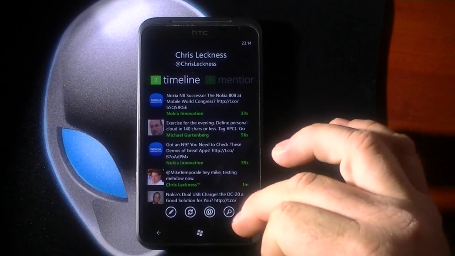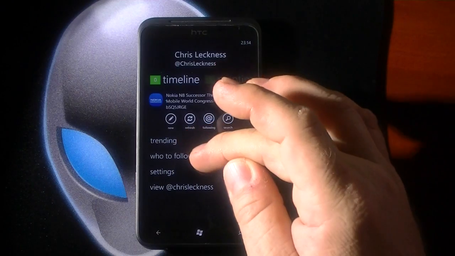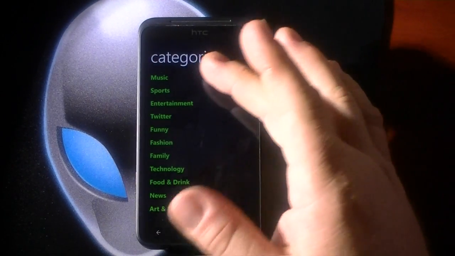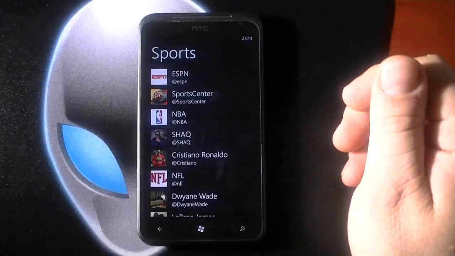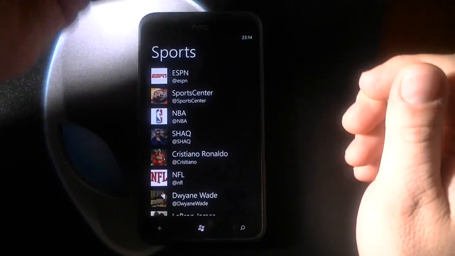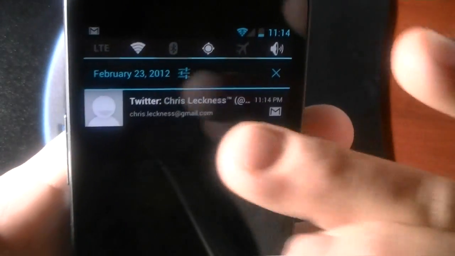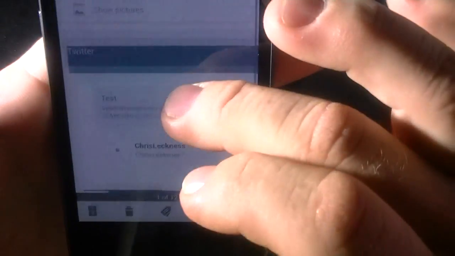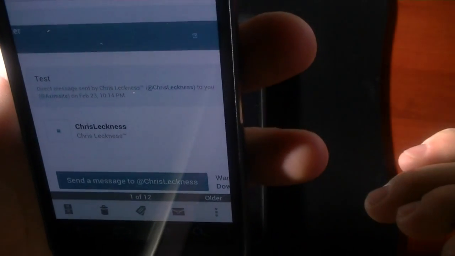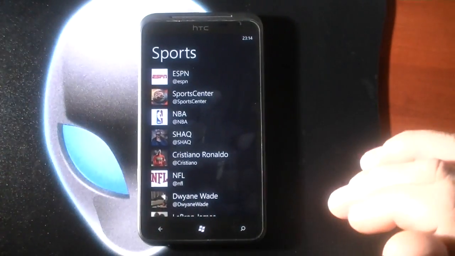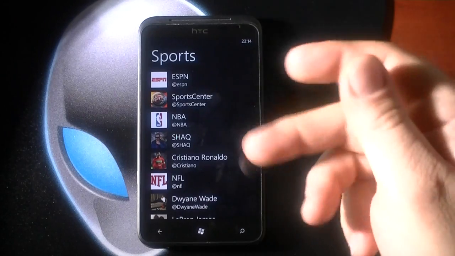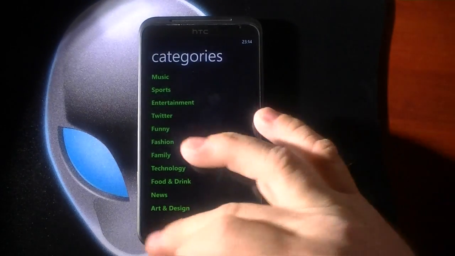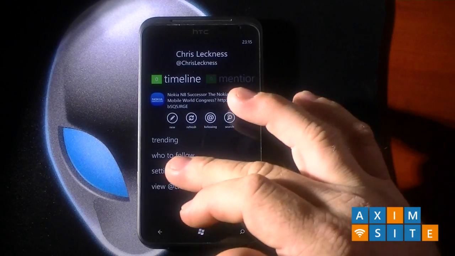Like I said on the timeline, you can look at trending options, who to follow, which I've never even looked at. Let's see who they suggest to follow on sports. And there's the email that I got, the tweet, just for giggles. Let's see if that is in fact, yep, Twitter, Chris Leckness. Direct messages sent from Chris Leckness to you. Anyway, so yeah, that's pretty neat. Pretty neat feature that I didn't even know was in here. The who to follow. Settings,